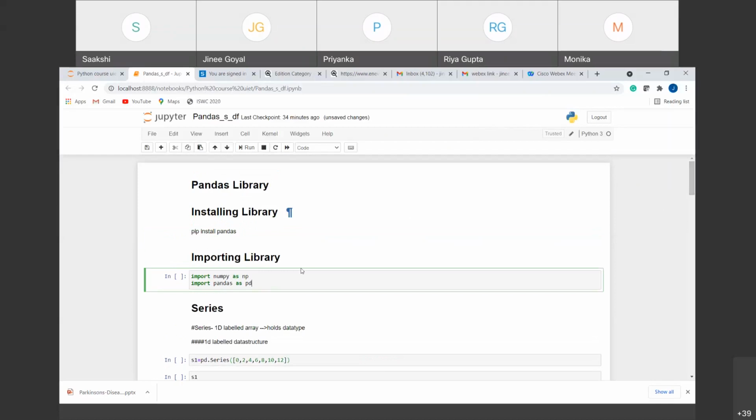So I am importing both the libraries. The first one is import numpy as np. The last time I told you that the as np is the aliasing. You can give any name to the library so that you don't have to give the full name every time you call any functionality, any function or any class of the library.